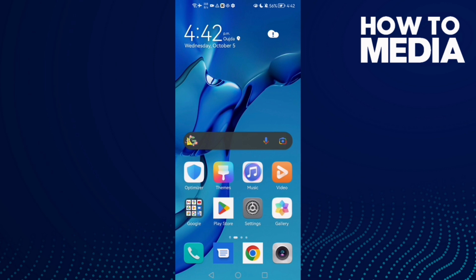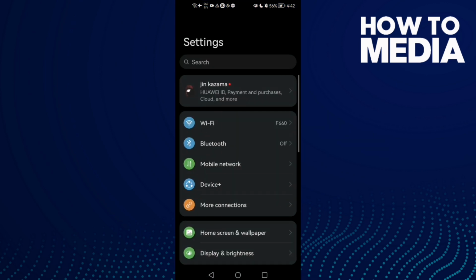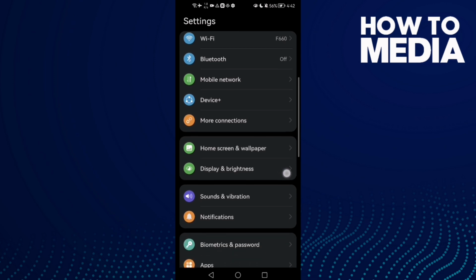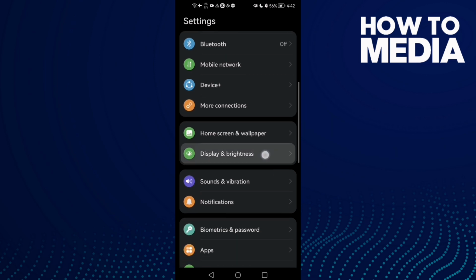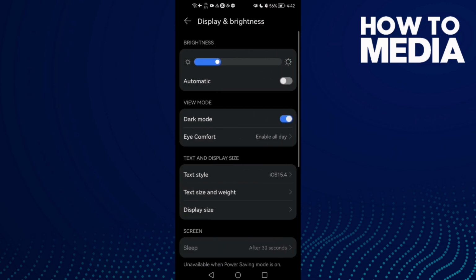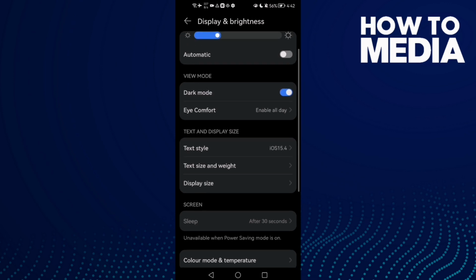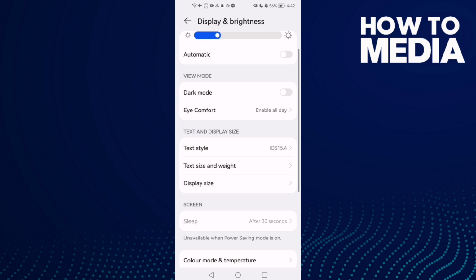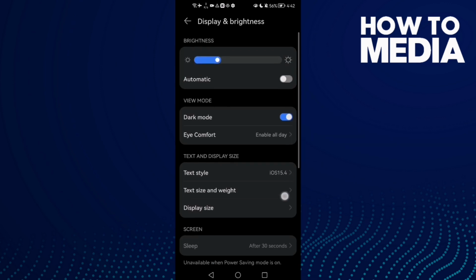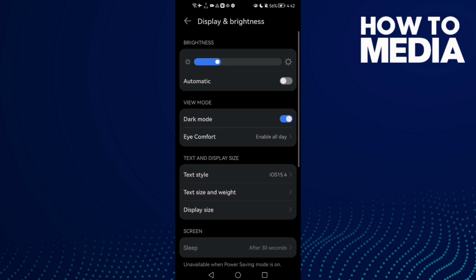First, open settings, and now just scroll down until you find here display and brightness. Click on it, and here you will find dark mode, and you will find it like that. And then all you need to do is just click on it, and that's how to enable it. Then just go back, it will be saved,